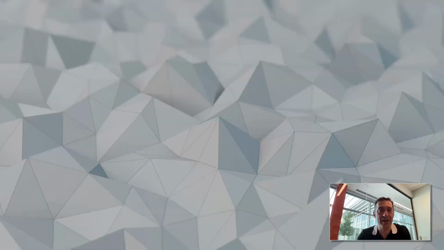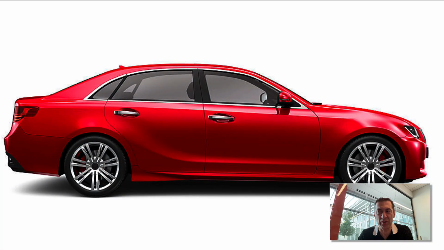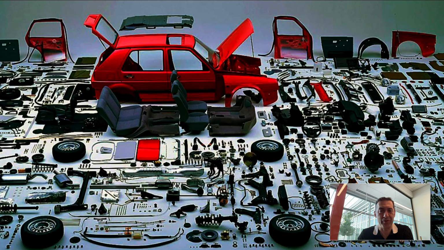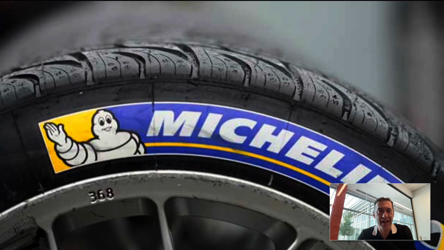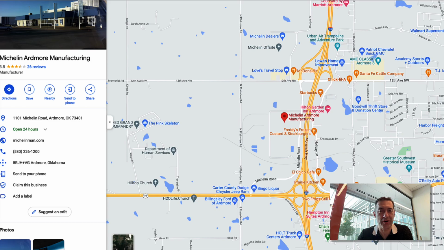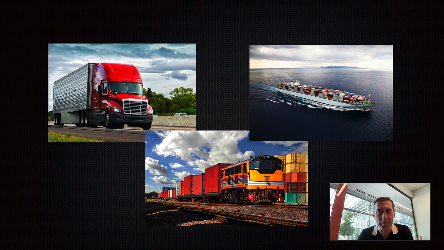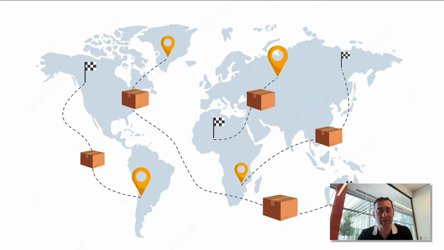You see, let's say if we take a look at a car, we don't really think that a car consists of a gazillion number of parts, and every single part has a manufacturer, and that manufacturer has a location, and that manufacturer works with various shipping companies, and every single shipping company has a bunch of routes. It just comes naturally to us. Of course, if we think about it, it becomes rather obvious, or sometimes not so obvious. But just to live our lives, we don't really think about it.